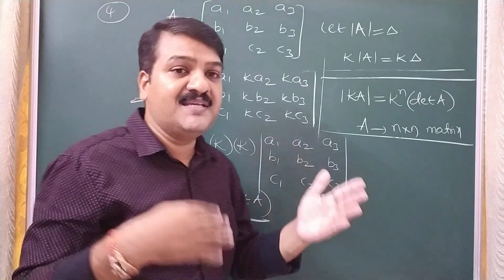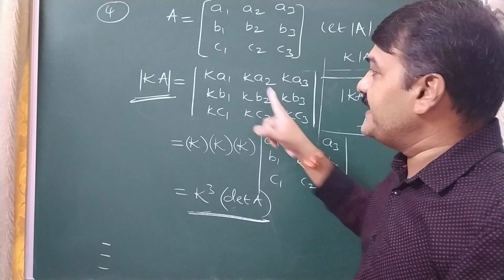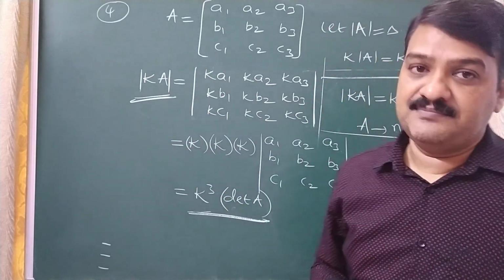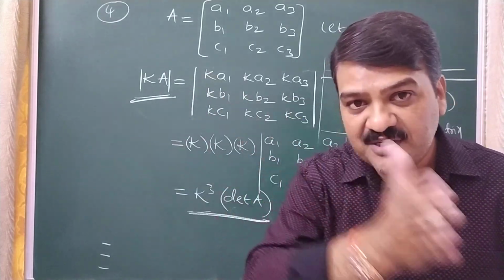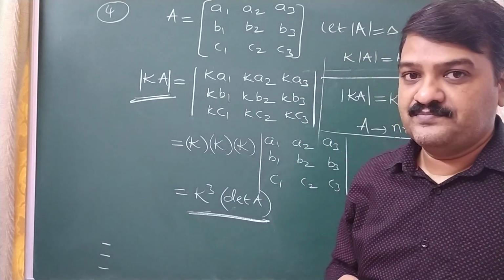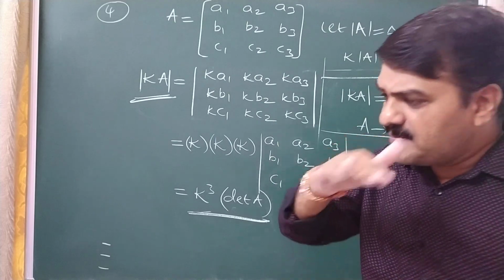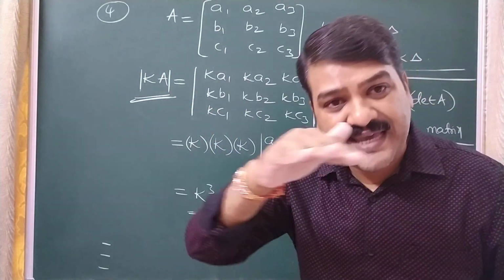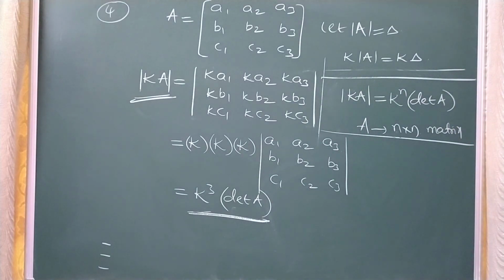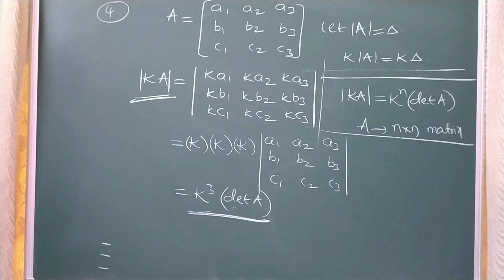So what is the summarizing part of this property? If you want to multiply a determinant with a constant, multiply to any one row or column. If you want to take common from a determinant, take from one row or column at a time. So take from first row separately, take from second row separately, like that. Separately you must take common from a row or a column. So this is actually a very important property. Okay, right? So I am going to the next property now.